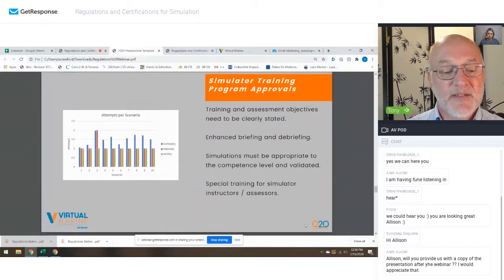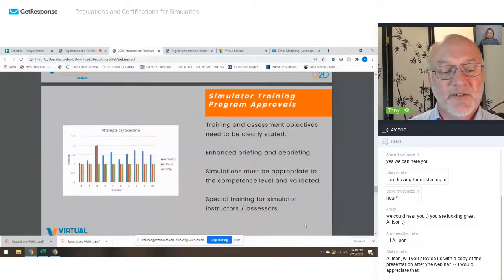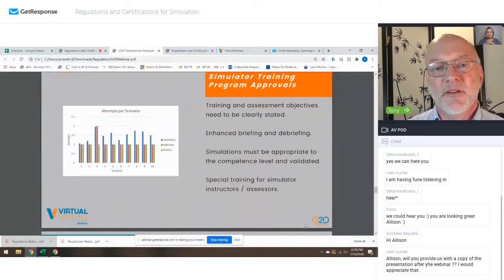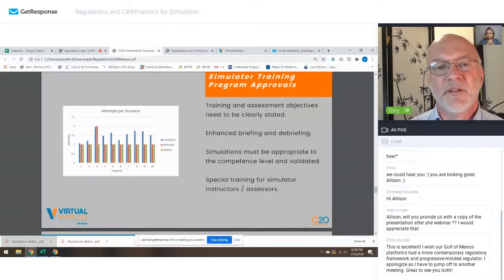And then finally, this is an example from our work on scenario validation. We've got to the point now where we understand the learning curves for every one of the tasks in our simulators, and we can do Monte Carlo simulations of what the failure rates would be for various simulations on various sequences. So this is our first cut at validation, and we make sure that we don't put things that are too hard or too easy in the program, and that there's a steady progression of difficulty from beginning to end. But all of these things are not just things over and above what's required.